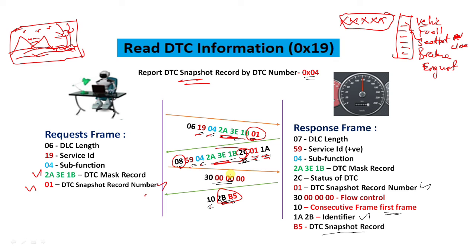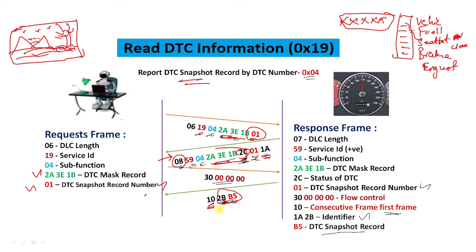You can forget about this part; you can get some more information later on in TP. Now just understand, if the ECU wants to send more than 8 bytes of data, then we request the flow control to the ECU, that is, to send the consecutive frames. Here this is the first frame, 10 indicates the first frame, then 2B